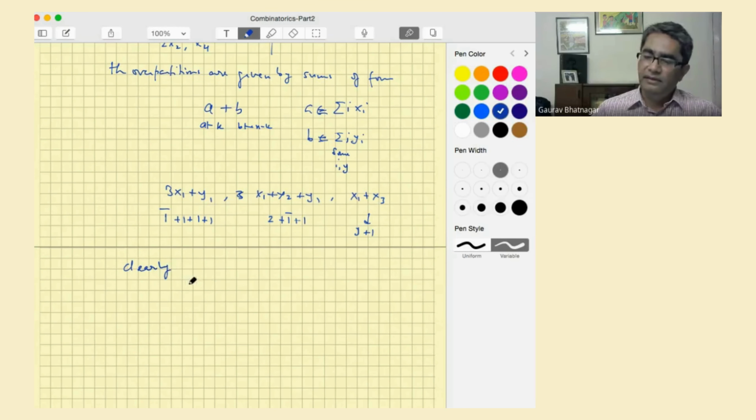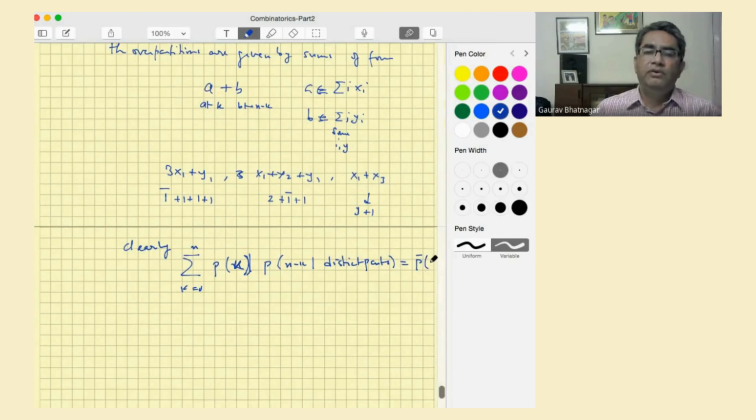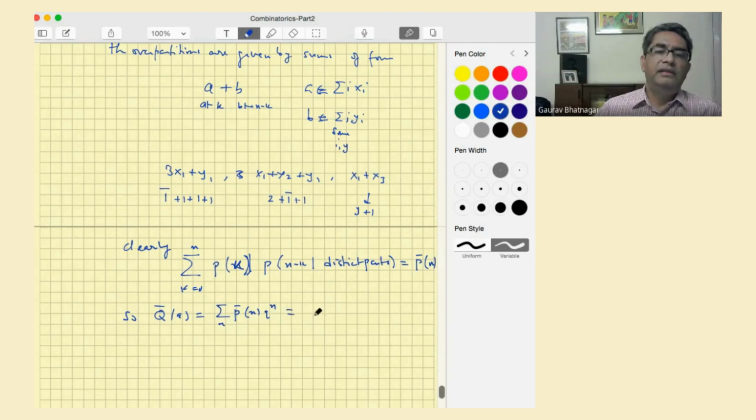So clearly, summing k going from 0 to n, p of k with no restrictions, but then p of n minus k where the restriction is distinct parts, this entire thing will be equal to p bar of n. And so let's call it the generating function of p bar n, q raised to n over n. This will be equal to